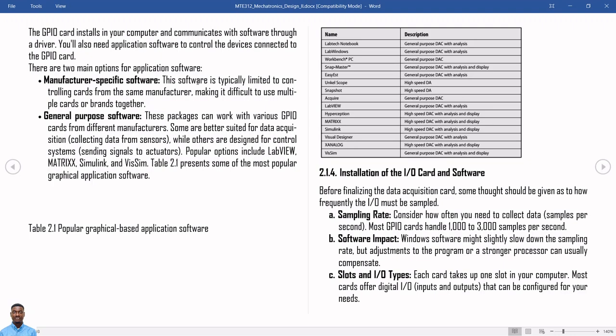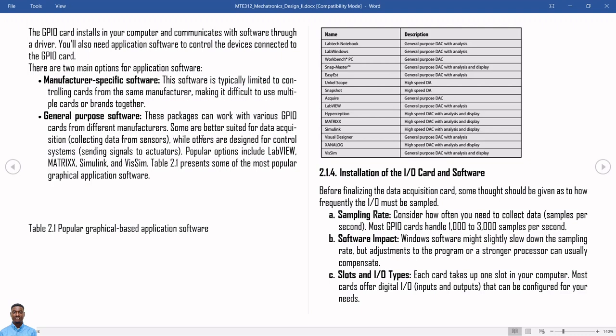Then we have the general purpose software, whereby these application software packages can work with various GPIO cards from different manufacturers, and some are better suited for data acquisition, collecting data from sensors, while others are designed for control systems, sending signals to actuators. Popular general purpose software includes your LabVIEW, your Matrix, your Simulink, your vSIMs, which